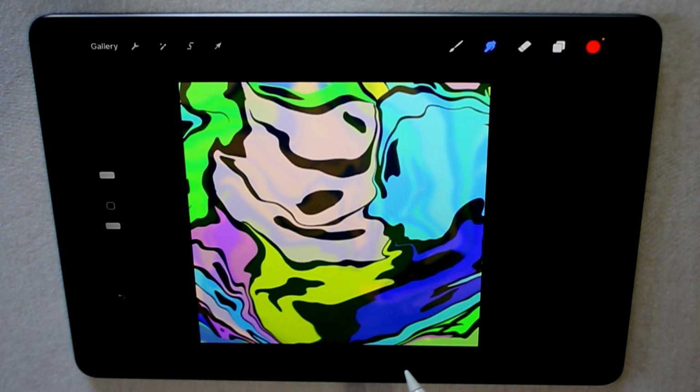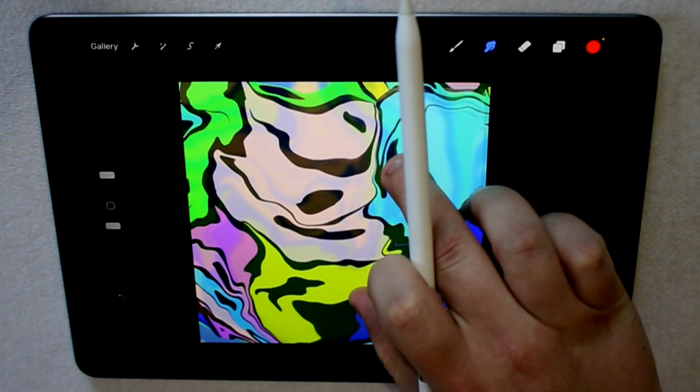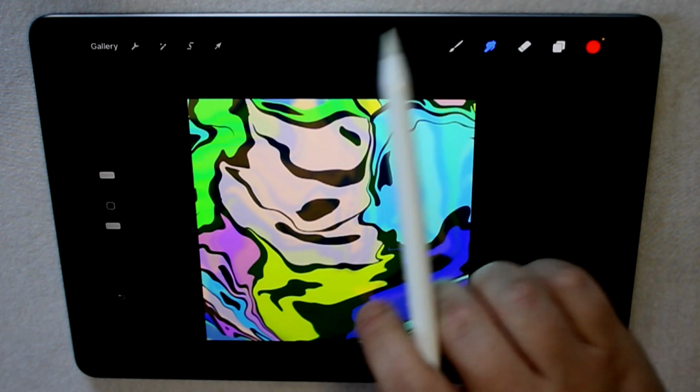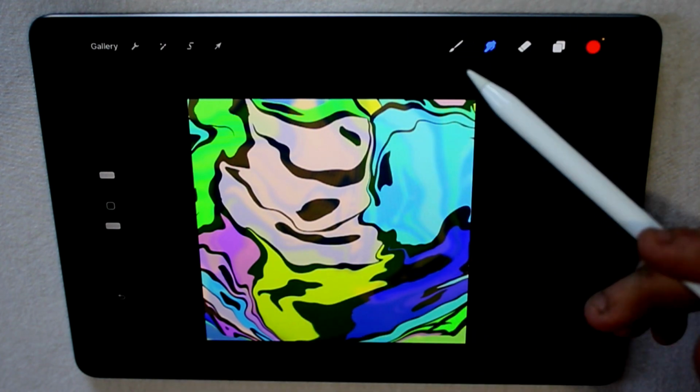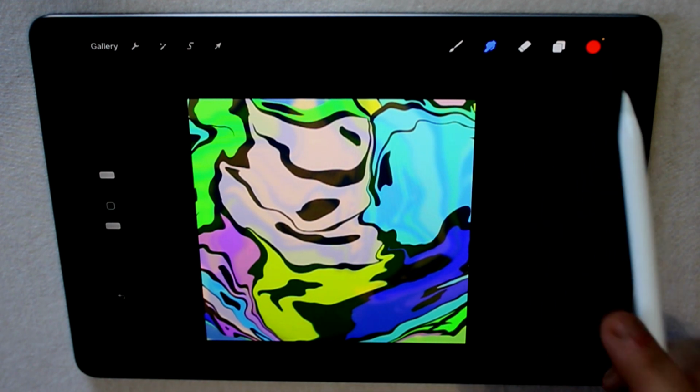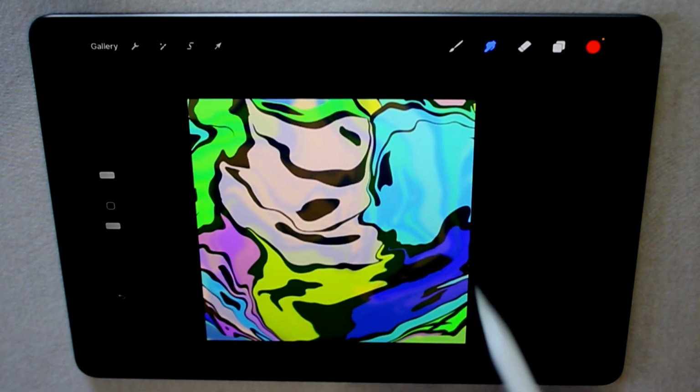And I think that's where we're going to stop today. I don't want to overwhelm you, but by now you should have a basic rundown of your workspace, how to use your brushes, your smudge, your eraser, the layer options, and you should be comfortable enough to hop in here